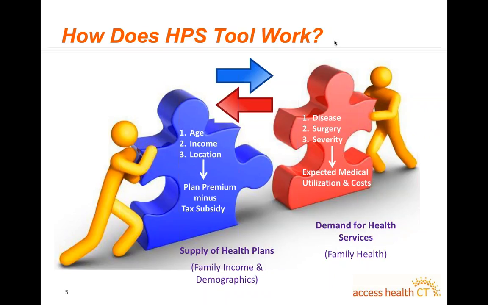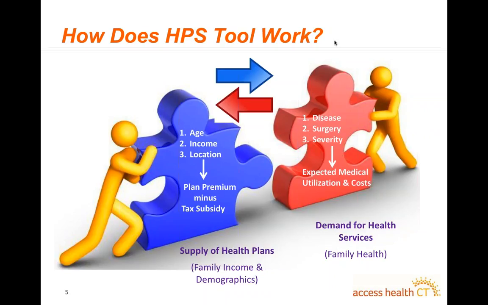The red part is called expected medical utilization and cost, and I call it demand for health services. What it means is that if you would know about your family's health. You would know if your kid has asthma or your spouse has diabetes, and you may know a few things, maybe you're expecting, and the plan next year should be covering her delivery. So all of these things